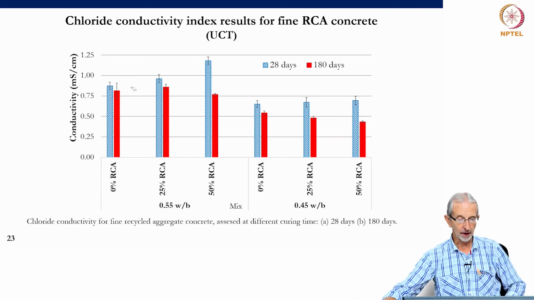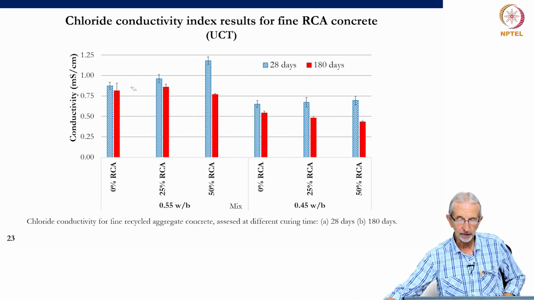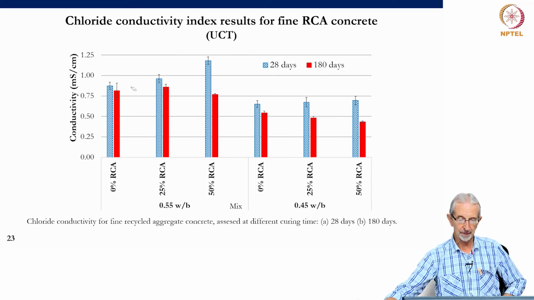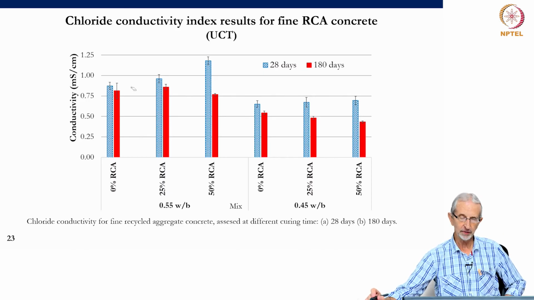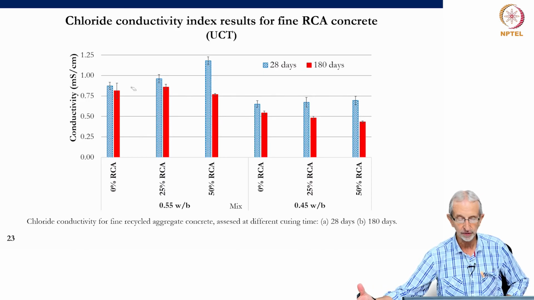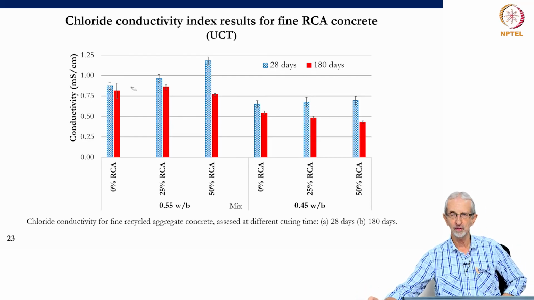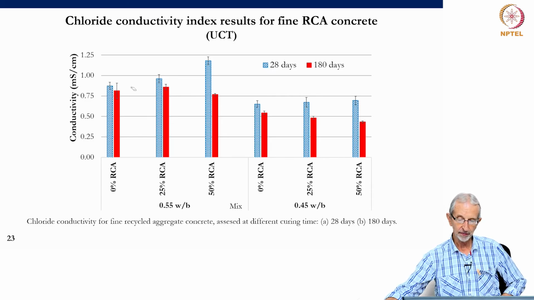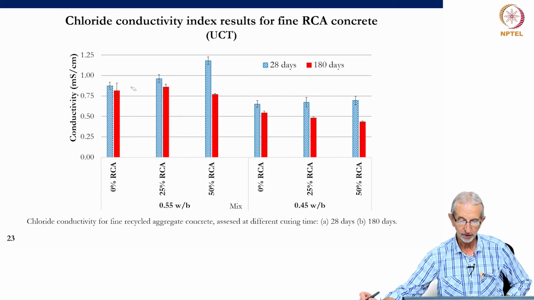Okay, so this is another look at chloride ingress. This is the chloride conductivity test. And now the measure here is a conductivity measure of the concrete, so like an inverse of a resistivity. And the unit is a millisiemens per centimeter, which is exactly the inverse of a kilo-ohm centimeter if it was a resistivity. And here we have concretes at 2 ages, again 28 days, and to give the fly ash the possibility